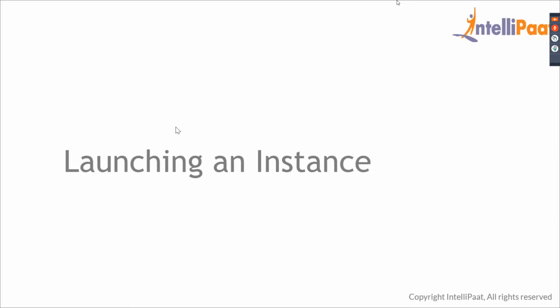Good. Another question: what is the difference between accelerated computing and compute optimized? So that's what accelerated computing is, in the sense, whenever there is a hike in traffic. For example, right now this application has 100 users, and suddenly in the next second or the minute, your application's users go to 20,000, and therefore a server should be able to run according to that. That is, it should be able to handle 100 users and also 20,000 users. So if that is the case, then you can go for accelerated computing.